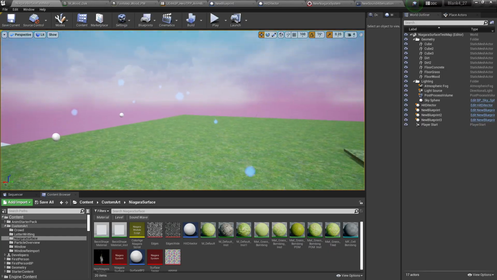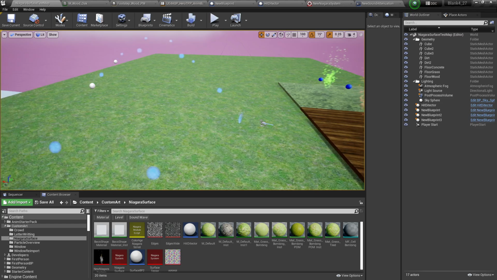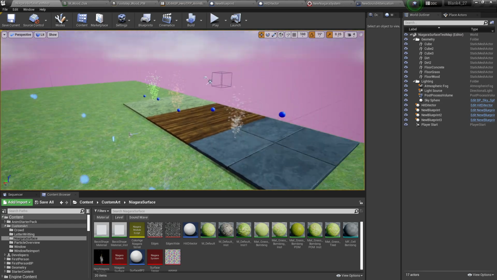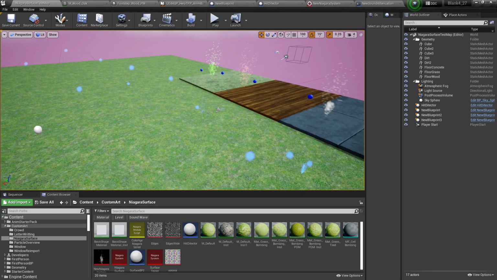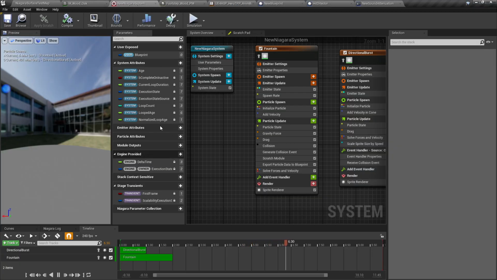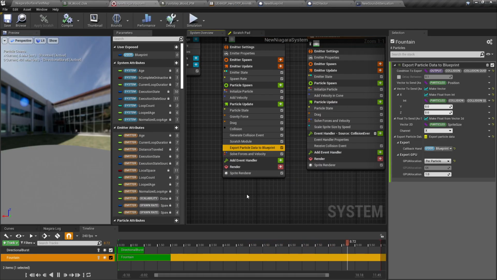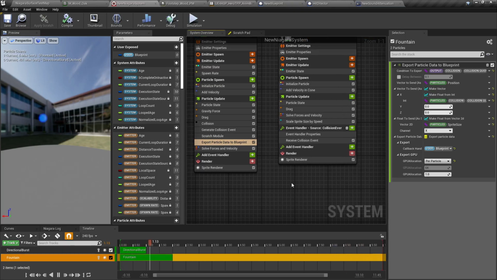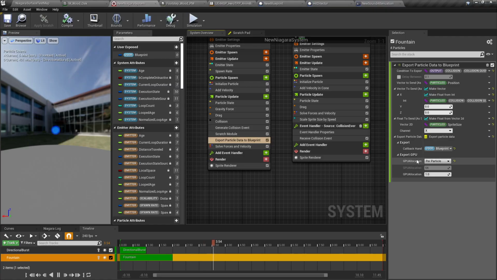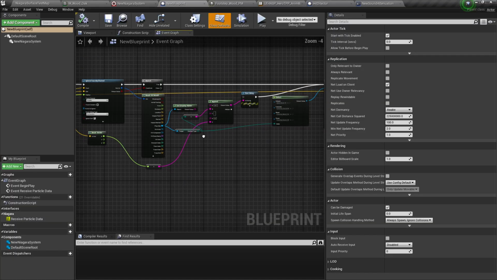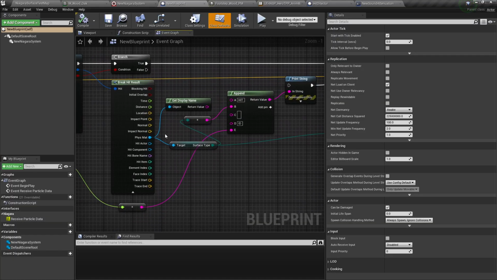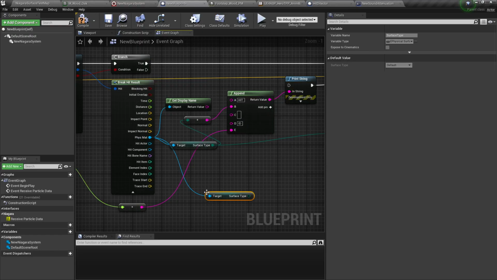So this is the particle we made last time, where it will detect and send a system to the blueprint. And once you have it in the blueprint, let me just quickly review what we did last time. We did this export particle data to blueprint. We have the user blueprint, and we call it. So this is the system, and I already have it set up, but remember last time we were calling the surface type. Really just grab the physics mat and then look for surface type, and then you can use